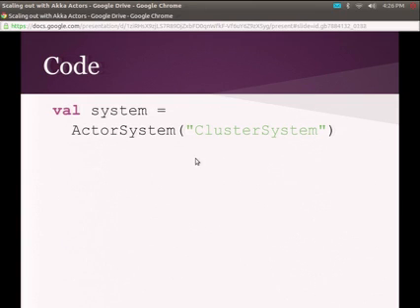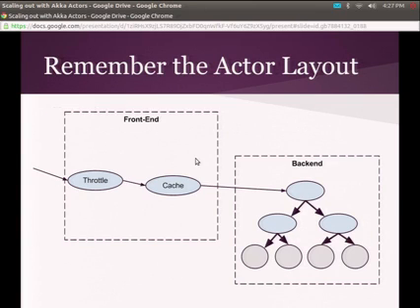It doesn't change, okay? So remember our actor layout that we had from before with our front end and our back end? Well, what we want to do is look for ideal candidates to scale out. Well, we have a front end and a back end. Let's look at the front end. Maybe we can take the throttling and the cache and move that onto every single member of the cluster. And then when messages come in, we can just send it to a different member of the cluster and have a local cache that can immediately respond, and have a local throttler that can immediately respond to know whether or not the underlying things are dead.